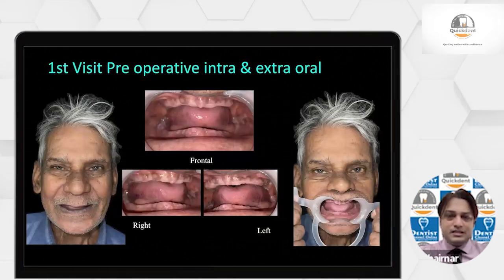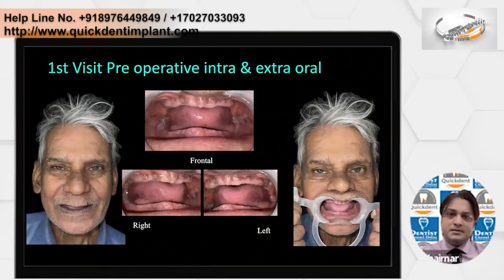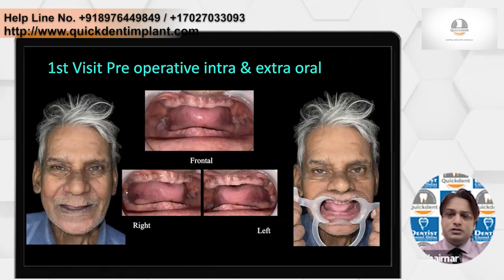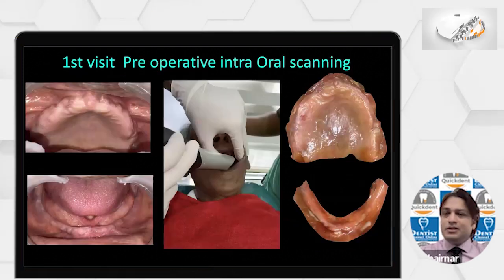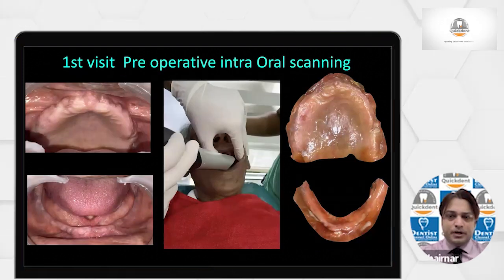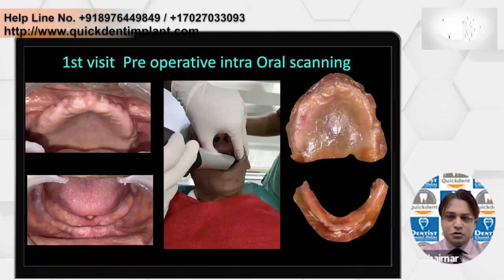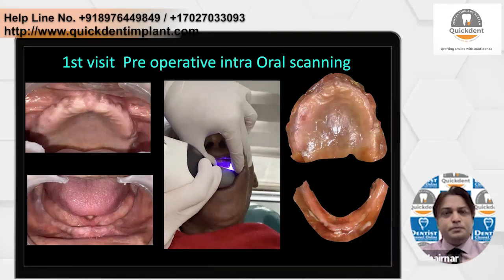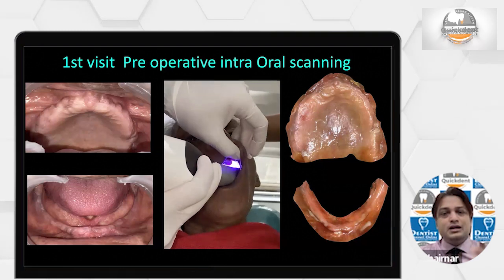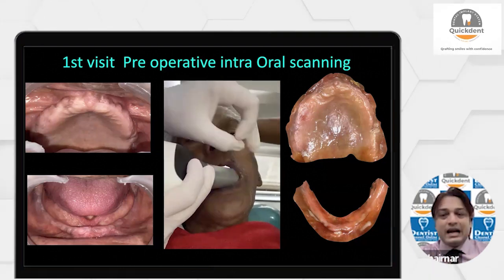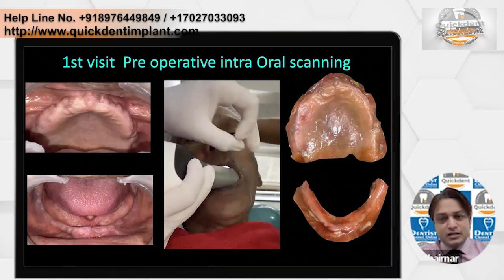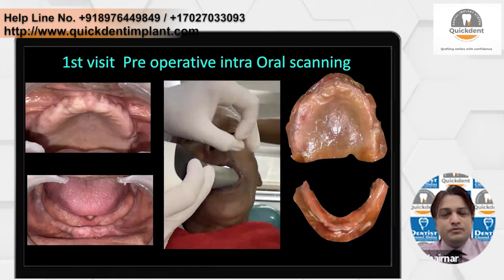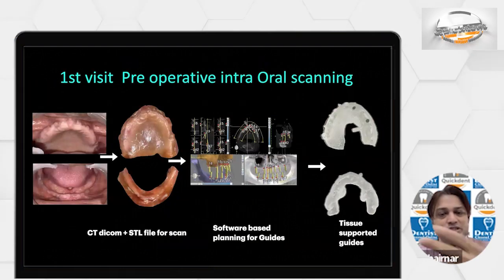Now take this example, a totally edentulous case. Day one, what we will do is scan his upper and lower edentulous jaw. We will get this data. This STL is sent to two people. First is the guys who are going to create the guide, and second is the dental laboratory, who will be fabricating the teeth. So once we send it to the